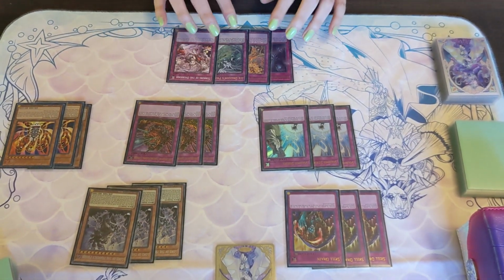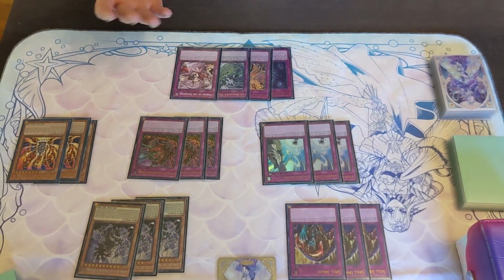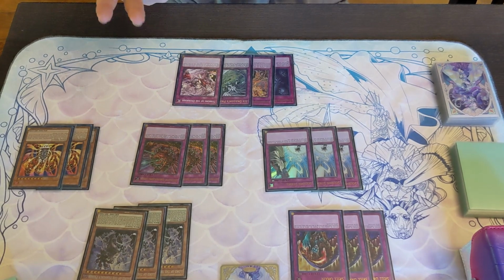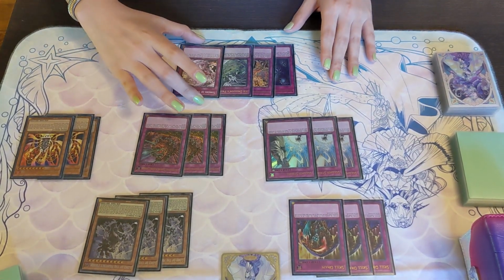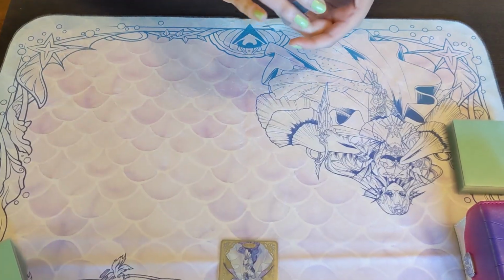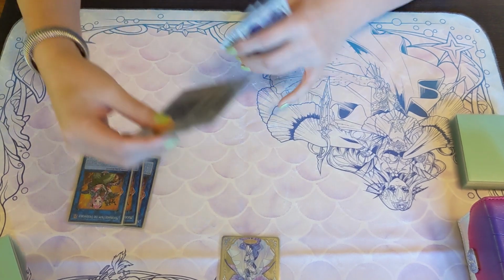Dimensional Barrier hits a ton of decks in the format. Ice Dragon's Prison is particularly good versus Unchained and Dragon Link. And Terrors of the Overroot is always just a solid contender. Moving on to the extra deck, we have the 6 cards that should comprise every Labrynth extra deck, 3 copies